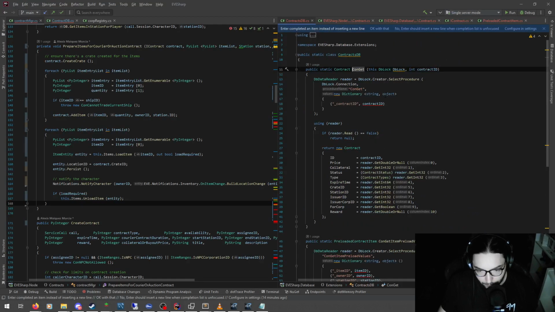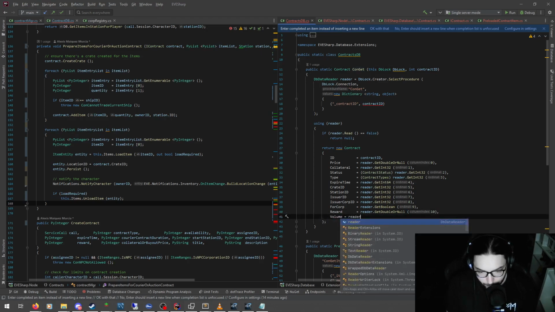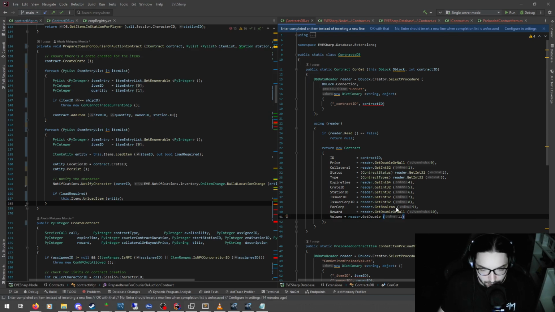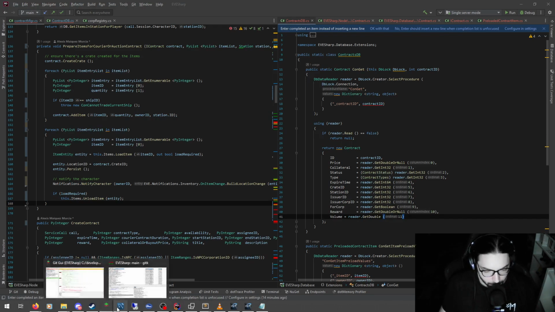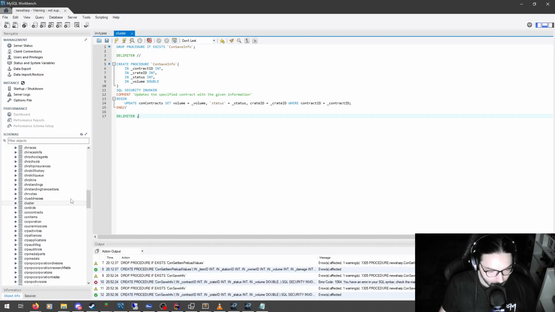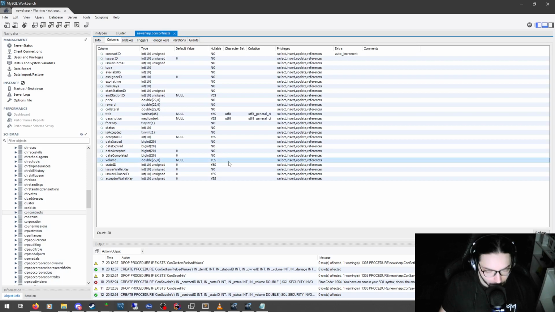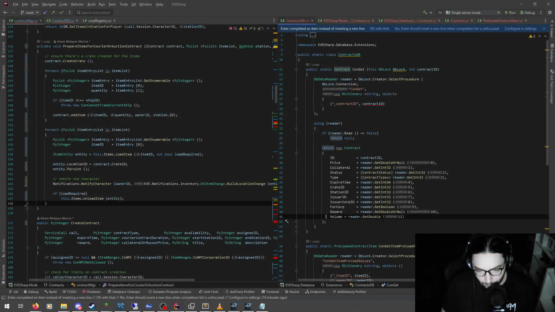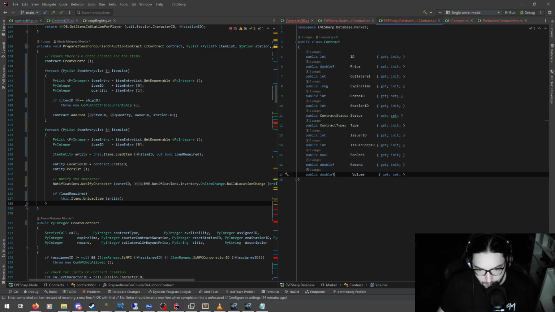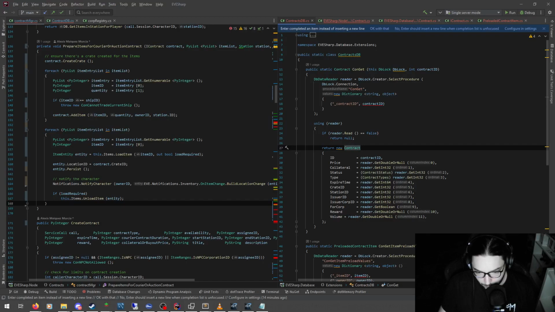Get log contract get. So that will be volume equals reader get double or 11. I don't know if it has to be specified or if it can be null. Let's see, contracts. Volume can be null. Okay, so I have to be get double or null. And then on here, I have to change this, and then